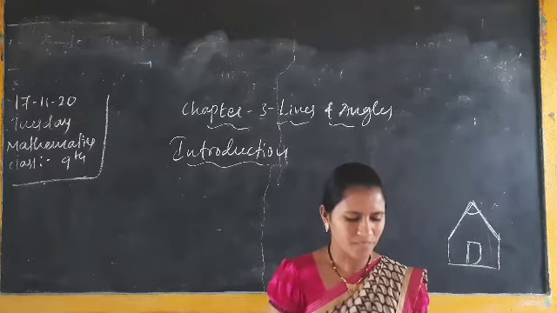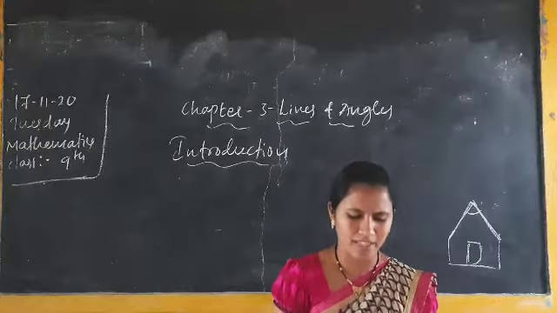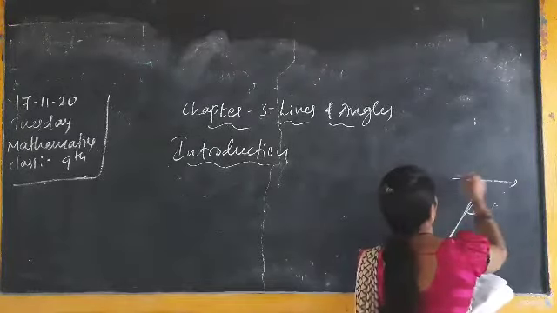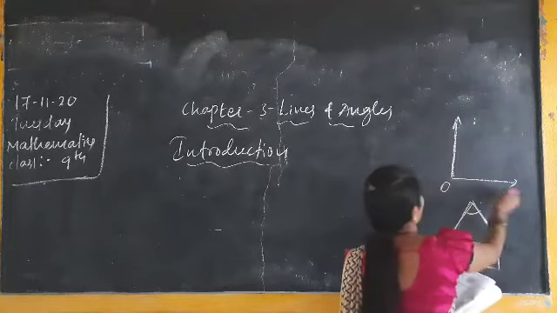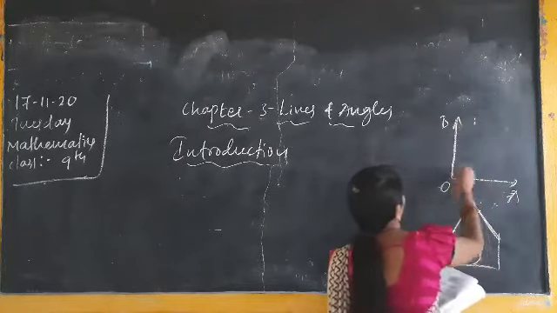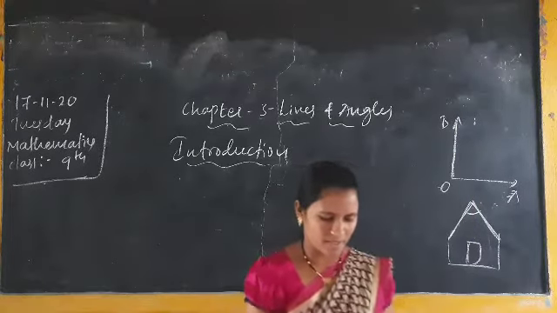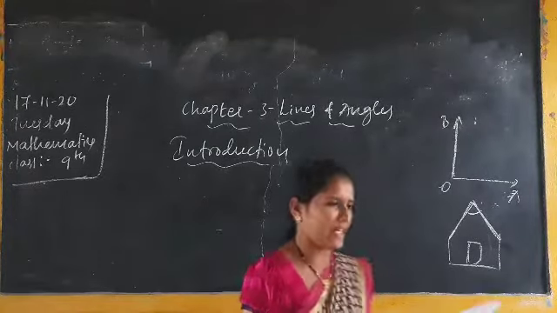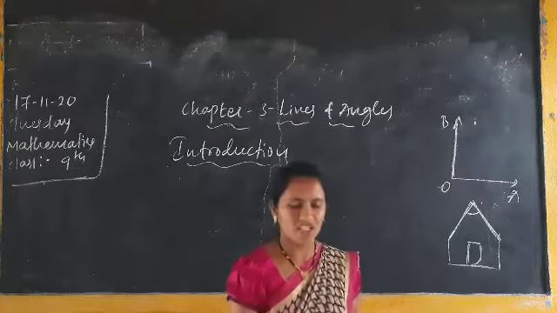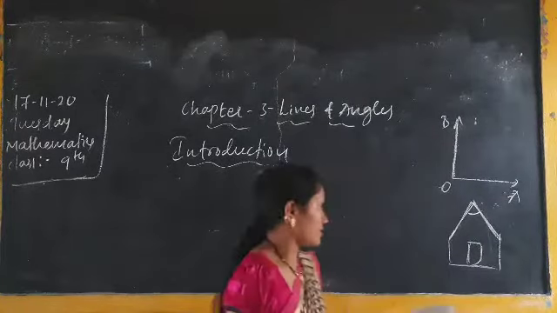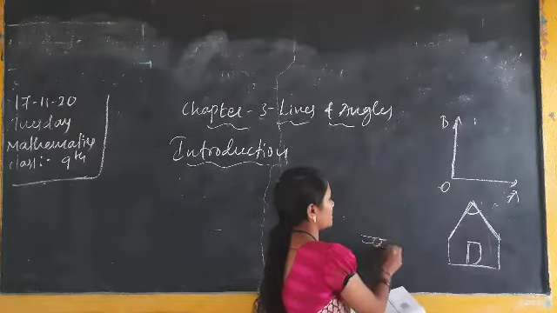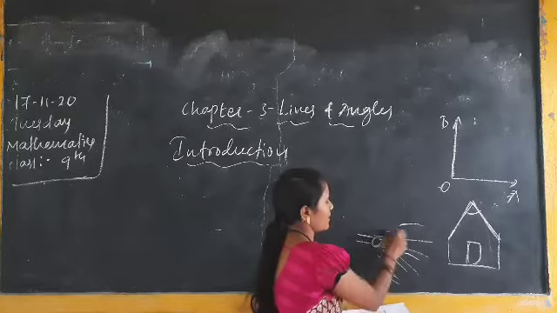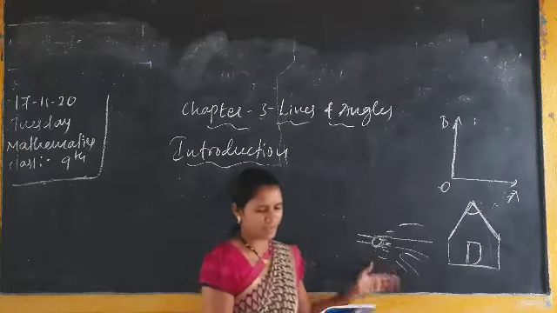Next, in science you study the properties of light by drawing ray diagrams. For example, in an angle you draw rays. I am taking here O to A, O to B. These two are the rays. And to study the refraction property of light, how does your light throw? If a beam of light is there, how do you throw the light? If I am using the torch, how does the light blink?